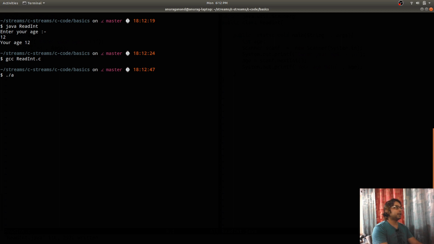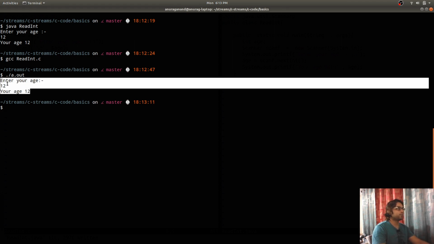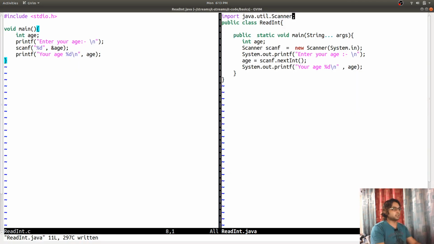After compilation, you will find that a compiled file is created called a.out, if you are not providing any name of your own. If I run it, you can see that the outputs are exactly the same as the Java language. Enter your age, and I'm entering 12. Your age is 12. So you see how similar the Java code and C code are.